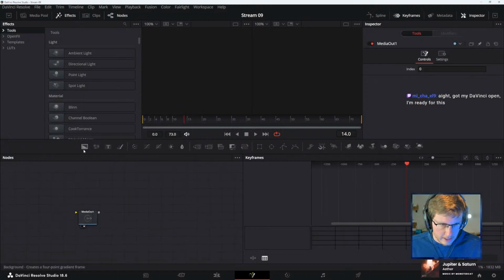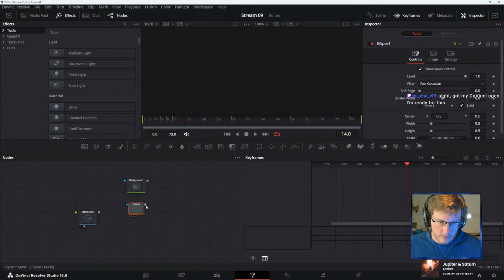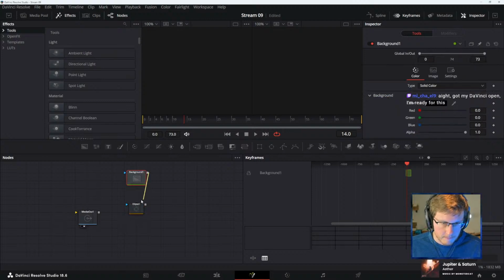So we need to get... Let's start again with a background just for the sake of getting some nodes going. Oops. Ellipse is on top.